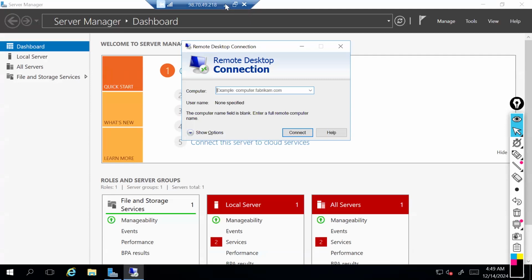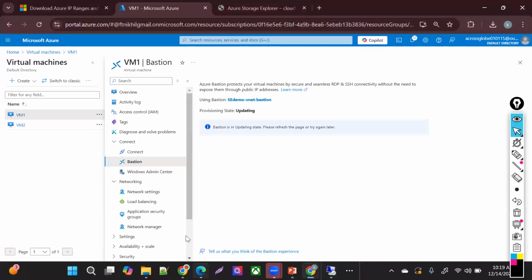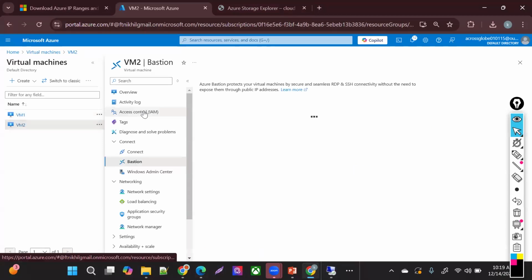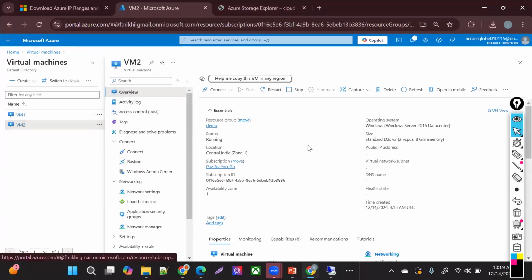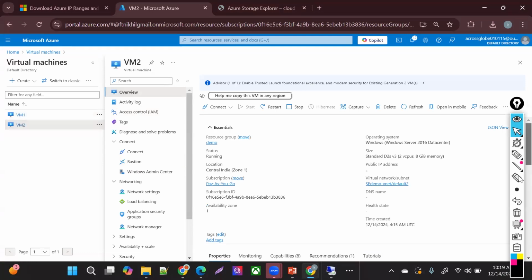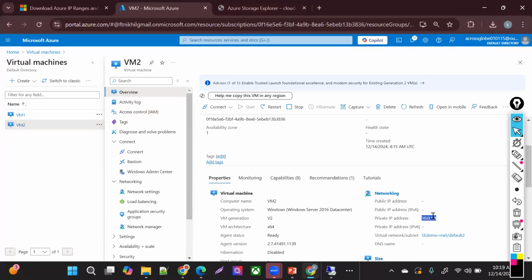Now let's take the VM2 access the private way. What is the private IP address of my VM? It's 10.0.1.4.